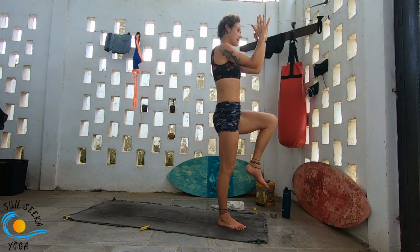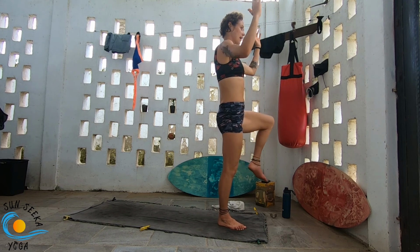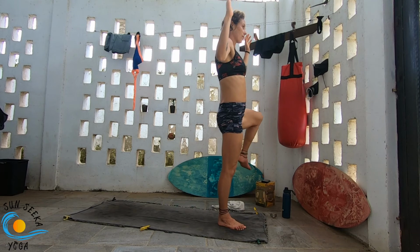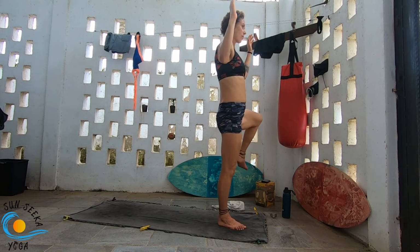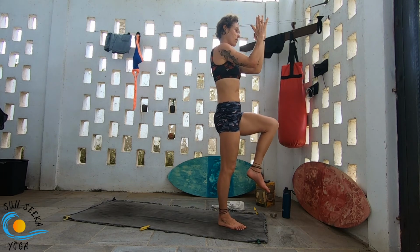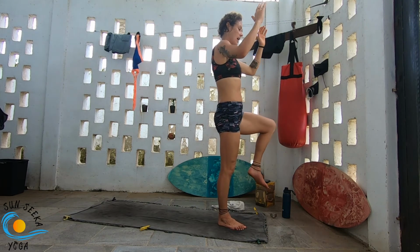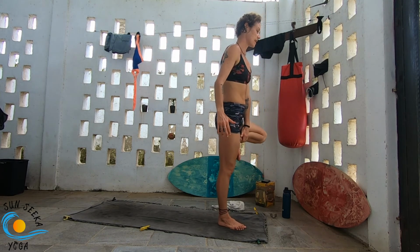Exhale, draw everything to center. Inhale to open. Exhale, draw it to center. 3 more. Inhale, open it out. And then this time, draw the sole of the left foot to the inner right thigh,